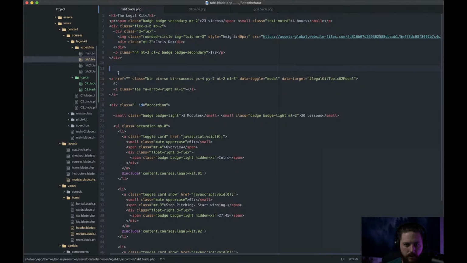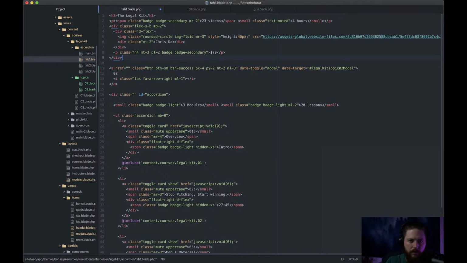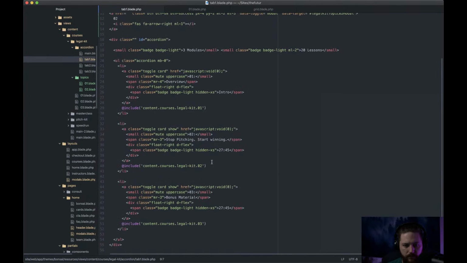So now let's take this and we'll move it into this overview. This is the first module. I don't know that the overview needs its own discussion place, but let's go